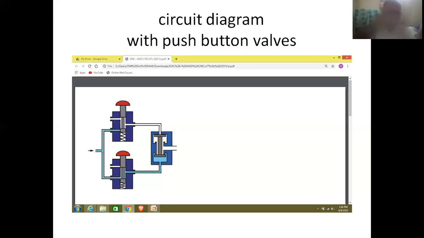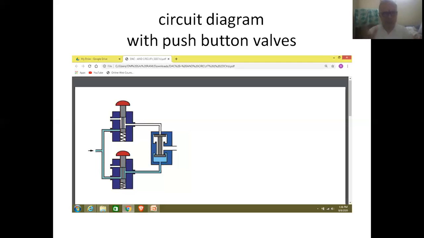Therefore, they are called push button valves. And here the cylinder is arranged in a vertical position. So therefore they are referred to as vertical double acting cylinders. So friends,